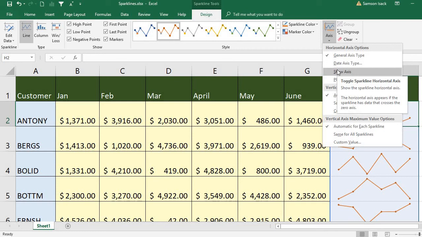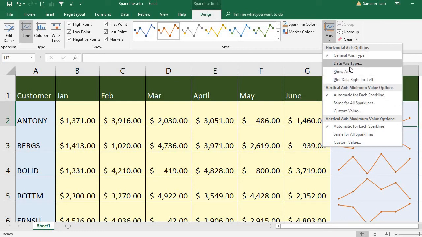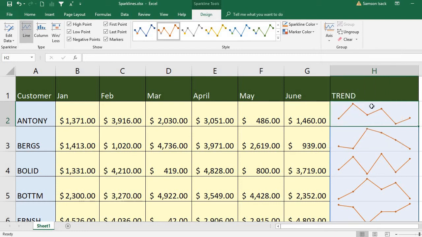Show axis is to show the horizontal axis. Okay, this is the horizontal axis part, and this is the vertical axis part. Okay, so the show axis will come only when you have